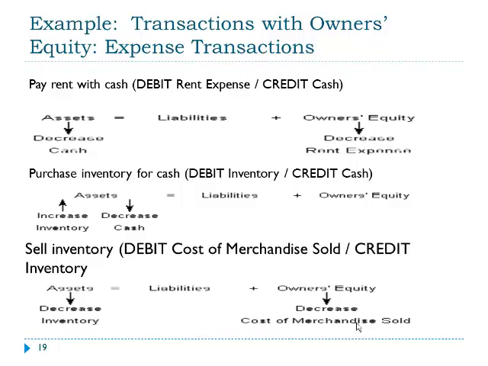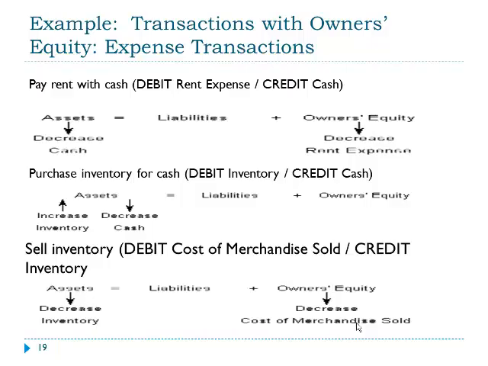If we purchase inventory for cash, at first, that inventory is owned by the company before we give it to our customers. So it initially is an increase in inventory when we get those products in and a decrease in cash. That's a trade in assets